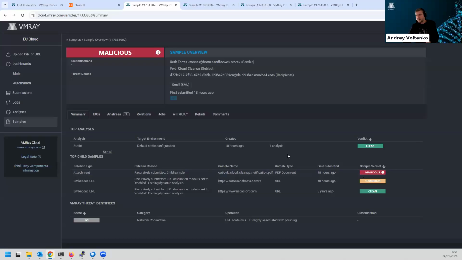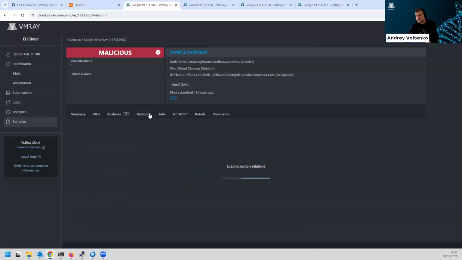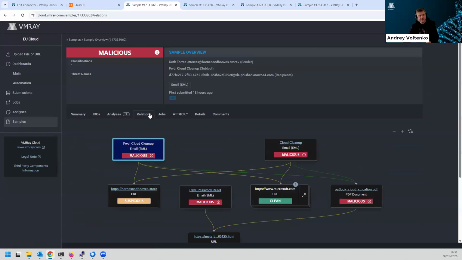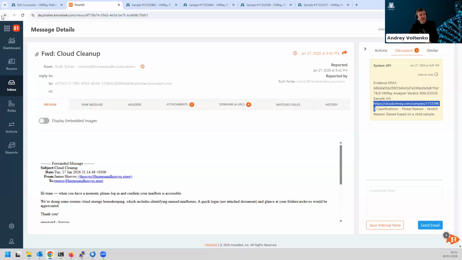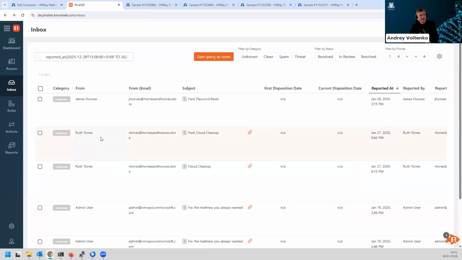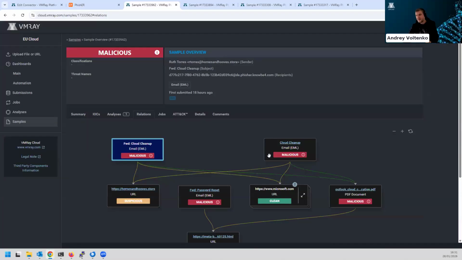And as in the previous example, you see that we have an email found to be malicious. The reason it was malicious was because of the attachment, and so on. But just to illustrate that once again, let's click on the relations here. We will see two similar emails. Here they are, one submitted from root storage, another also submitted from root storage. One is called cloud cleanup, another one is a forwarder of the cloud cleanup. They are both together here, really tight together,